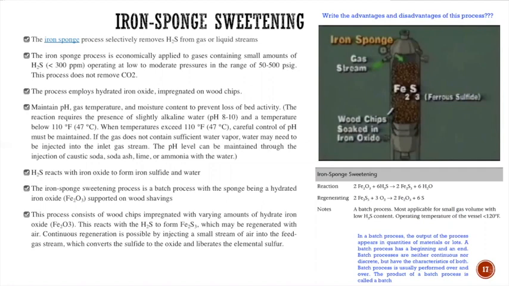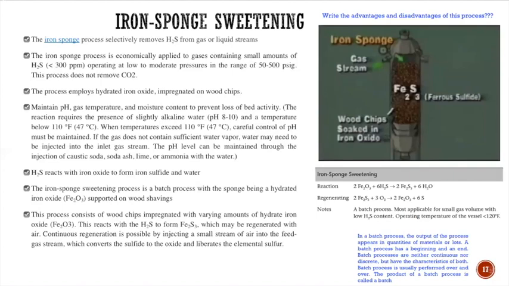Right. Now this is the process which uses ferric oxide with H2S to sweeten the gas stream, and this process is applied to gases with low H2S concentration, as I discussed, operating at low to moderate pressure. CO2 cannot be removed by this process, and the reaction produces water and ferric sulfide. As you can see on the right hand side, there is an equation written where Fe2O3 plus 6H2S gives ferric sulfide, and this ferric sulfide is created along with water, right?